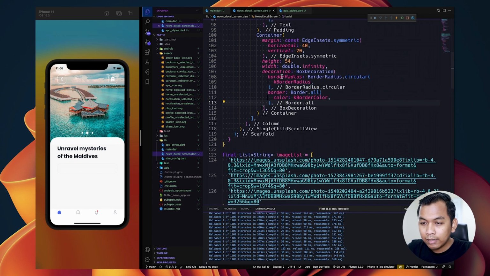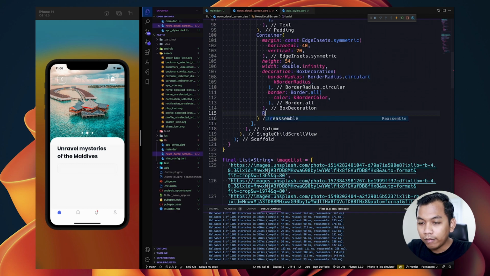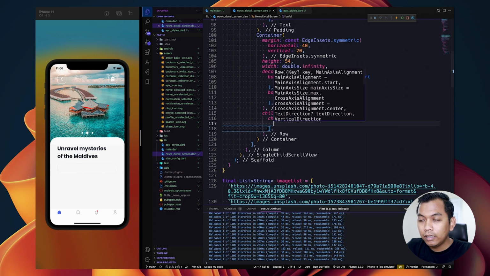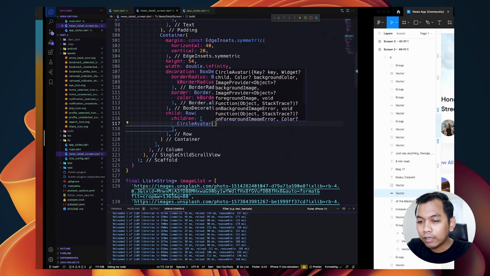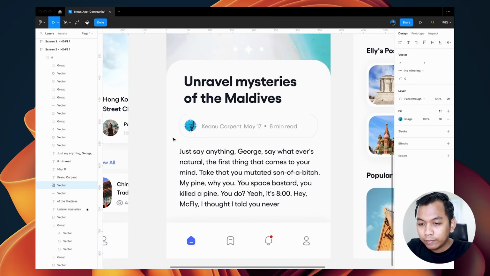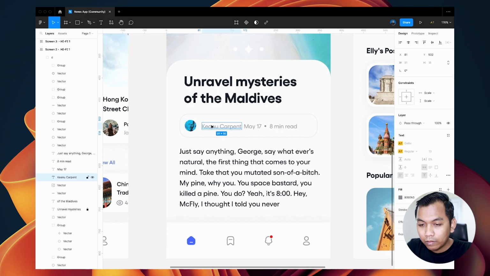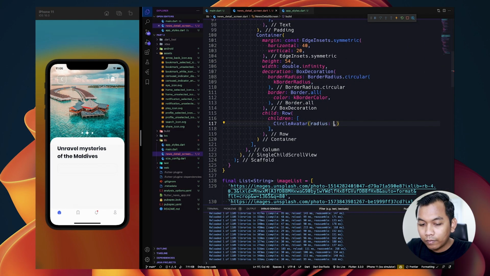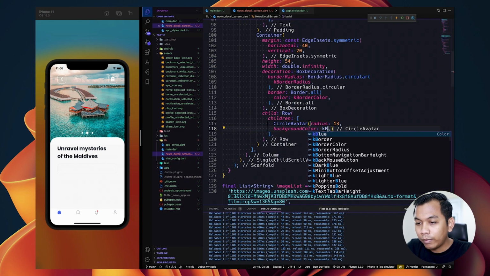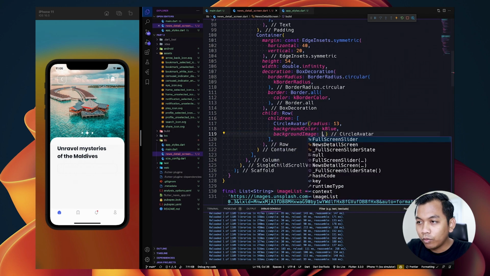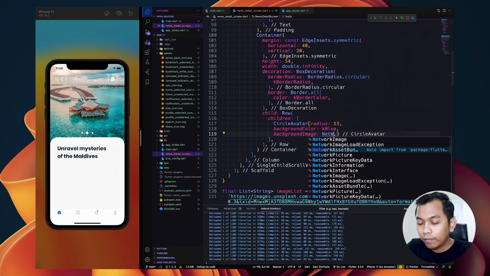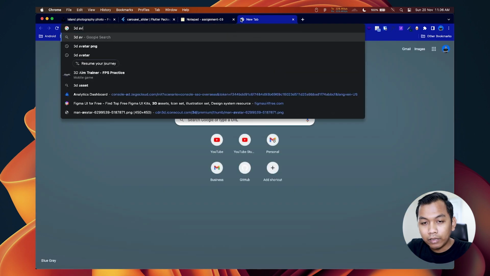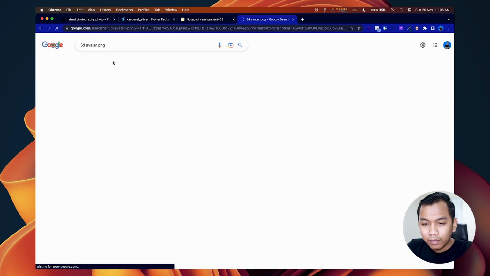And inside this container, for the child, we will give row widget here, and for the children will be circle avatar, and the radius will be 13, and for the background color will be K blue, and for the background image will be network image, and we will give maybe 3D avatar PNG.